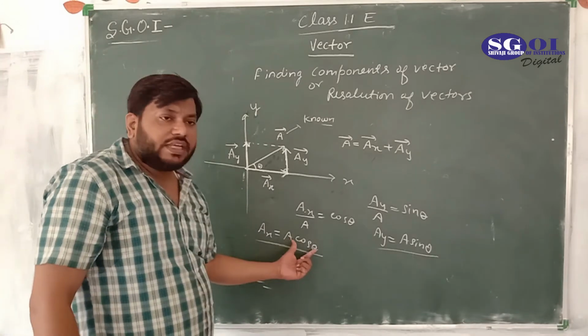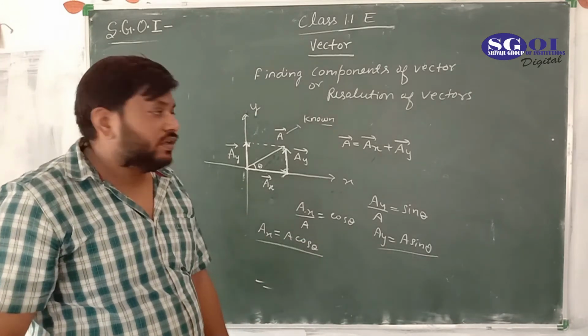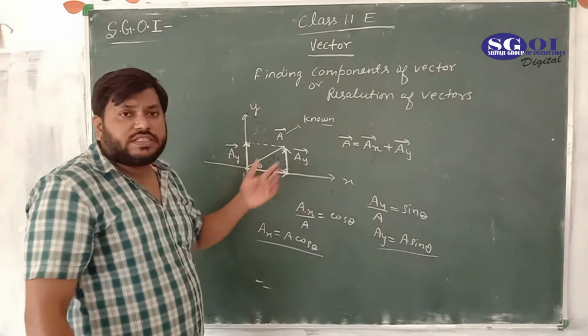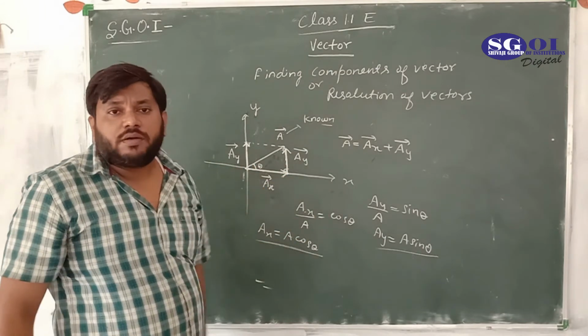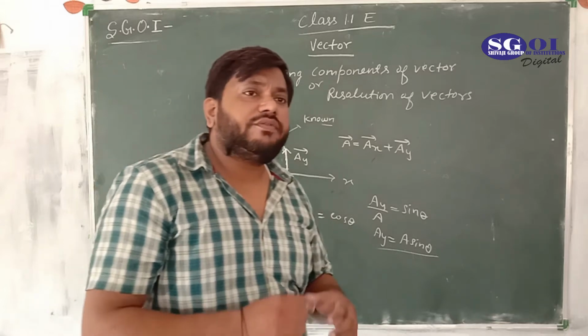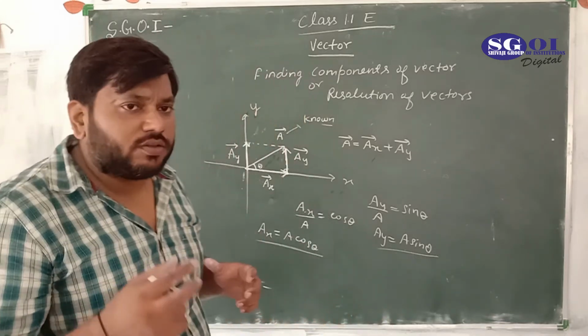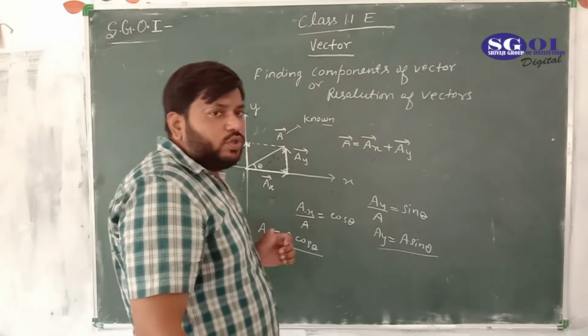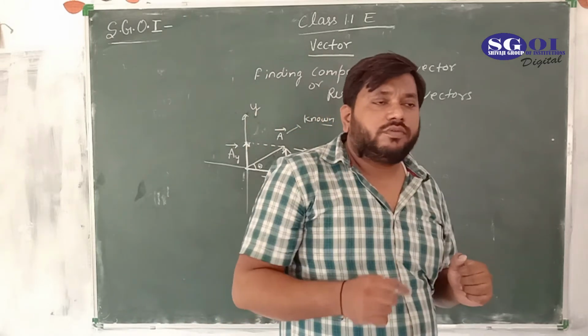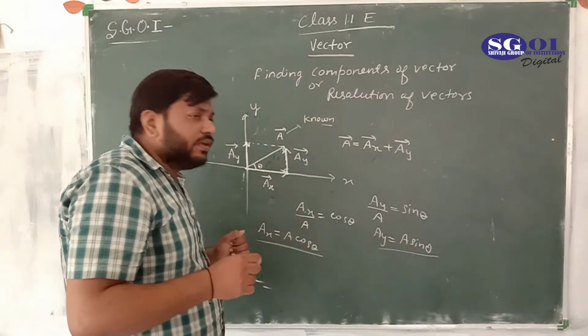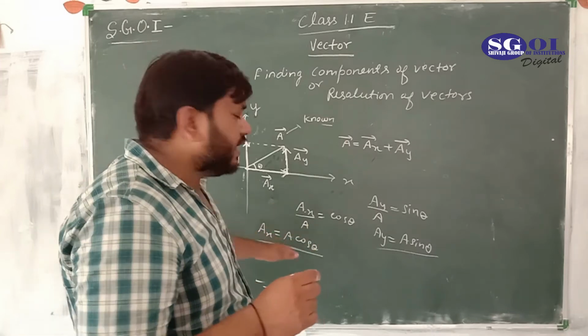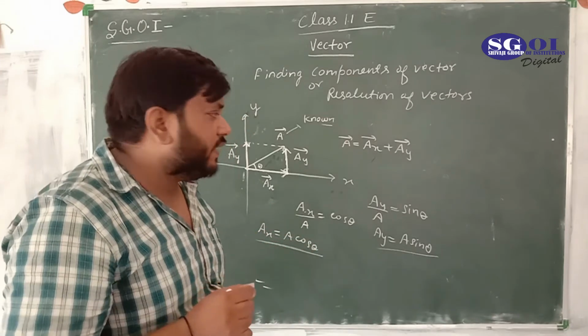If we add the direction in both, they become the vector. AX is in which direction? Along the positive x-axis. And what is the unit vector? Direction is added by multiplying by the unit vectors. Keep this concept in mind: the direction of any vector is denoted by the unit vector.